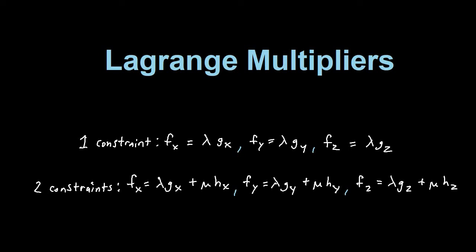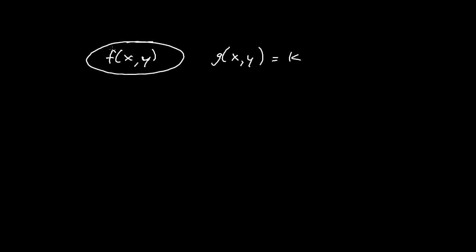So let's take a look at Lagrange multipliers. Let's say we have a multivariable function, f of x, y, and then we have a constraint. The constraint is always going to be in the form g of x comma y, so some multivariable function, and that's going to be equal to a constant. Now what Lagrange multipliers help us do is they help us find maximum and minimum values for a multivariable function in